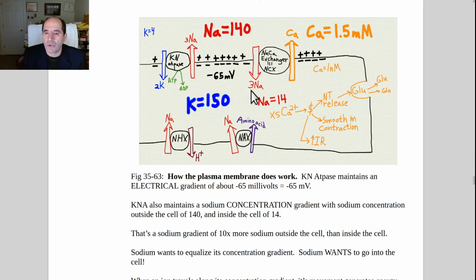And this desire of sodium to come in can be coupled to pumping calcium out. The gradient for calcium is off the charts. It's incredible how high it is, like 10,000 to 15,000 to 1. That much more calcium outside the cell than inside the cell. And because the concentration of calcium is so super high outside the cell, you have to have ATP involved in the gradient system for pumping it out. We're going to come back to that subject later, but you have to have